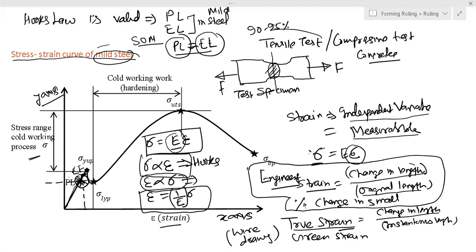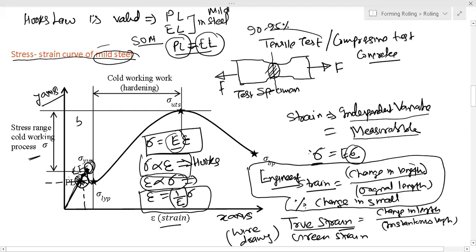The reason is very simple, because in steel or mild steel they are very close. So proportional limit and elastic limit both are close, so it matches. Sometimes in the place of proportional limit people write elastic limit, but in reality it is proportional limit. Again, you keep on stretching, you will reach a yield point that we call upper yield point.